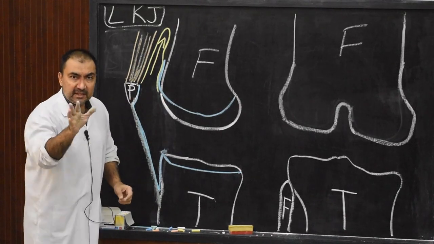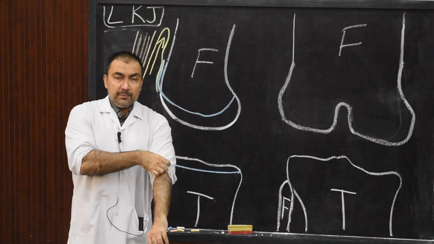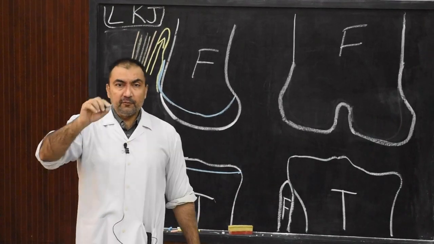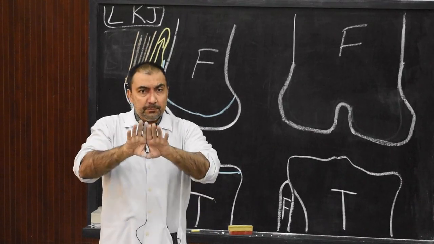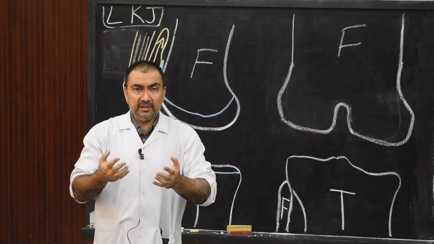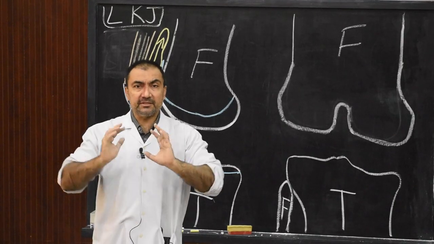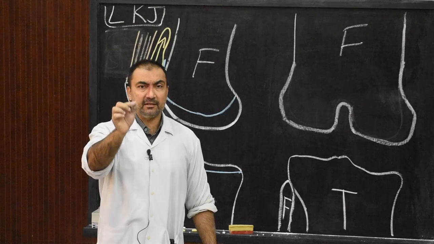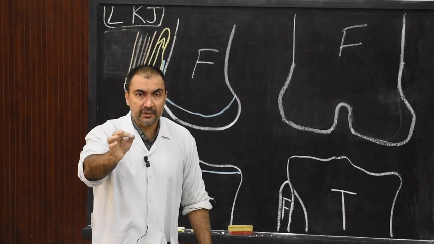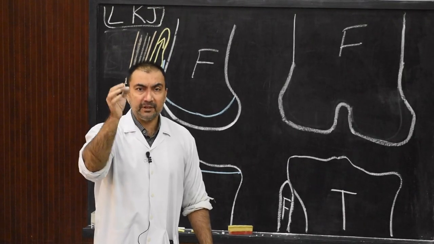Now this capsule will provide reinforcements. Now the word which is used in some textbooks is reinforcements or simple. If we want to understand in simple language, there are certain ligaments or certain structures which are attached to this capsule of the knee joint. What are those ligaments and structures which are attached to the capsule of the knee joint? They are called reinforcements. For example, now we start with